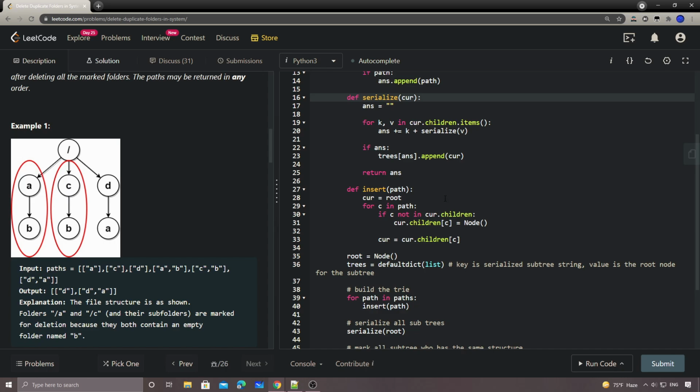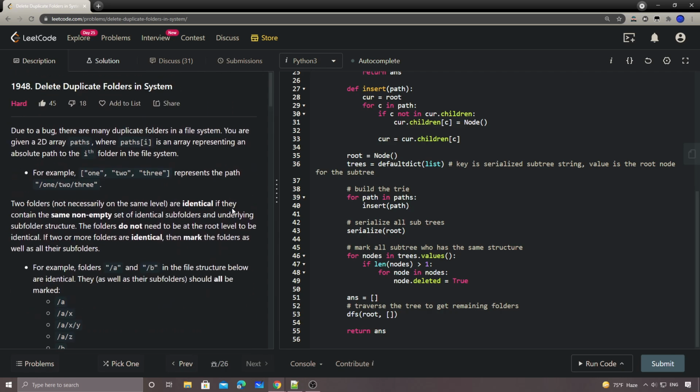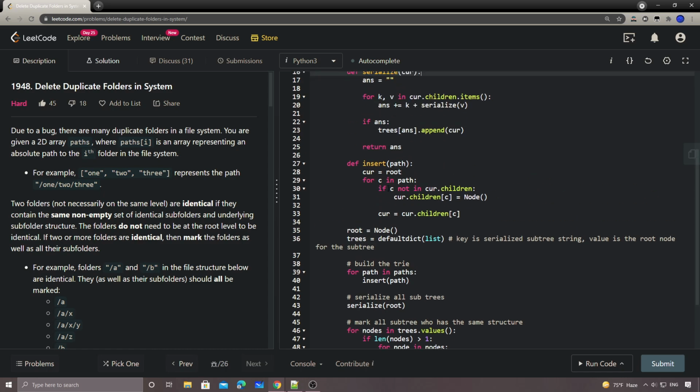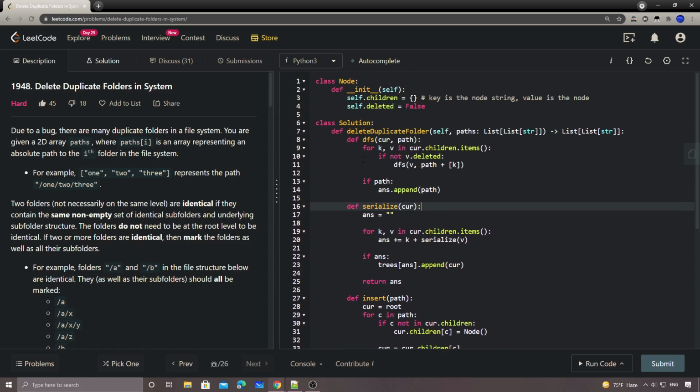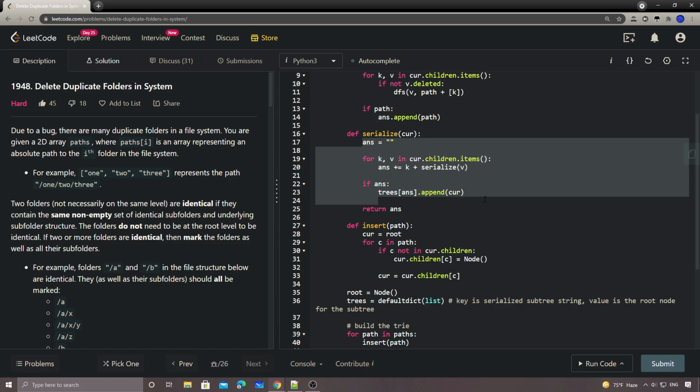I mean, the implementation is a little bit non-trivial, a little bit long, but I think the concept is pretty straightforward, right? We need to realize that we need to somehow serialize or store that tree structure into some dictionary. A common strategy is to serialize that tree into a single string, so that we can use a string to represent the tree structure. And again, like I said, for this problem, all we need is to serialize, not deserialize. That's why we can simplify the serialize function